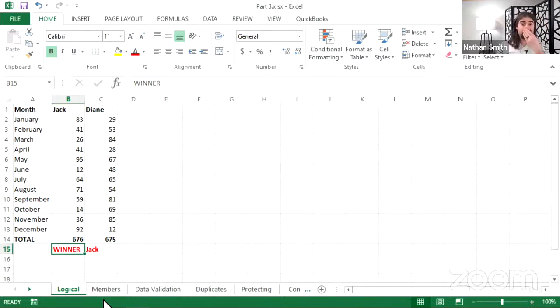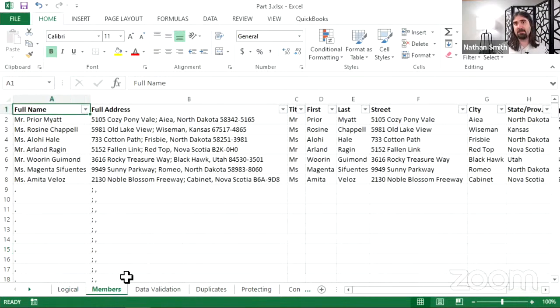Okay, let's switch gears though. I'm going to click on this members sheet down at the bottom. And we're going to talk about one other really useful way to use logical functions that I like a lot. So on this sheet, we have some sort of a club or organization, and we're keeping track of members' contact information. So starting in column C, we have